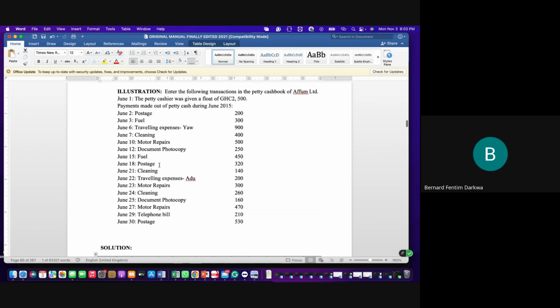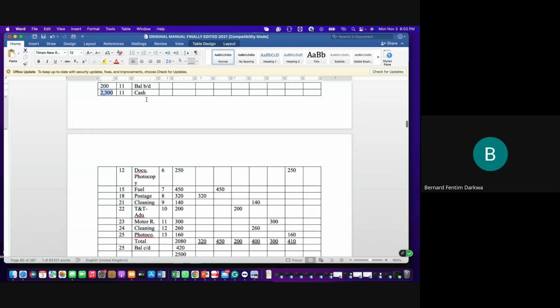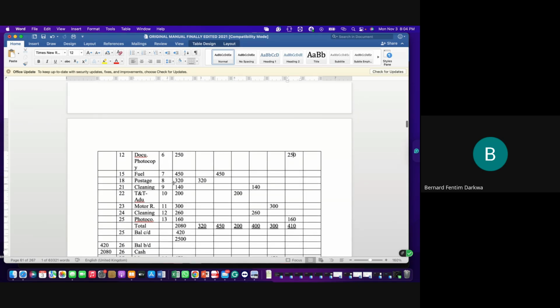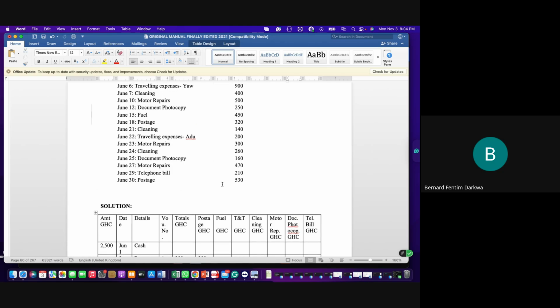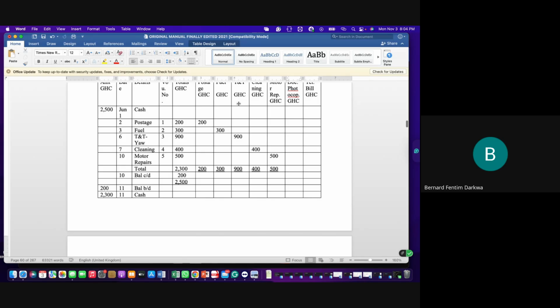So now that you will be reimbursed, on the 12th, document photocopy. So you come here, you continue on the same book. You write it now, 250. Then you take it to the photocopy column. You see that it's here. Document photocopy. Then the next transaction is what? After document photocopy, you have fuel. You have the fuel heading already. So you go and record on the fuel. Postage already is there. Cleaning, TNT, motor. So you see that the transactions are recurring. So you record that to the end and you balance, so that is how you will be recording in